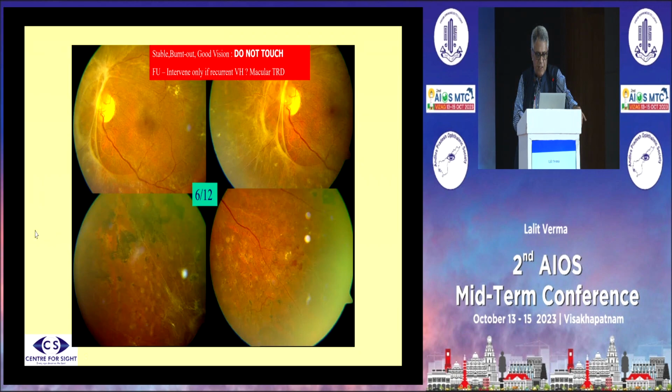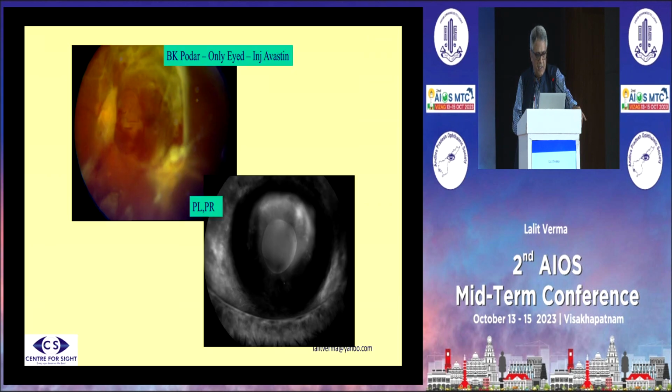Again, this patient has traction, but it is nasal and the macula is pretty good, 6/12. Hold your hand, believe me, diabetic retinopathy is not to be taken lightly. This patient, who should have been given a chance for surgery, was injected with Avastin, but the patient landed up in a very severe kind of TRD. So do not go around injecting in PDR, especially with traction.